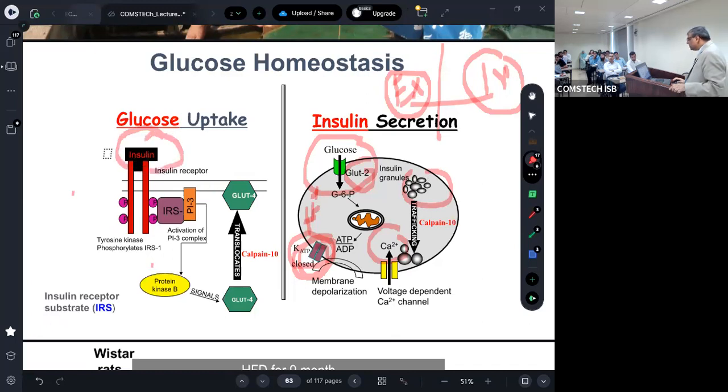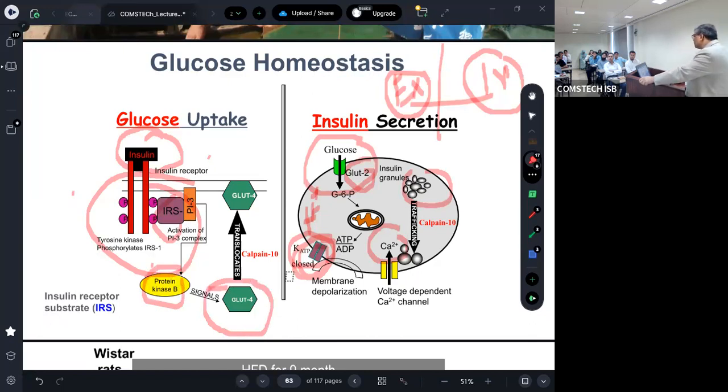Insulin binds to the insulin receptor on adipocytes. Once it binds, there is some modification: insulin receptor substrate, IRS1, PI3K, protein kinase B give a signal. There is another transporter we call GLUT4. There are GLUT1, GLUT2, GLUT3, GLUT4. GLUT2 is present mostly in the beta cell, and GLUT4 is present mostly in